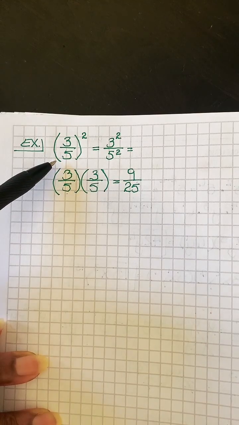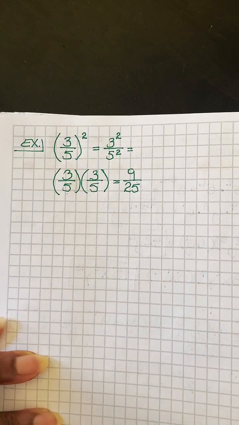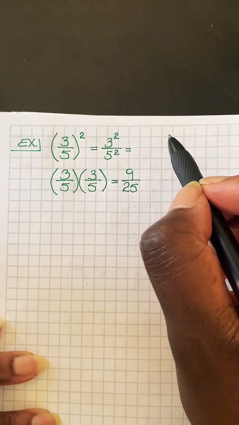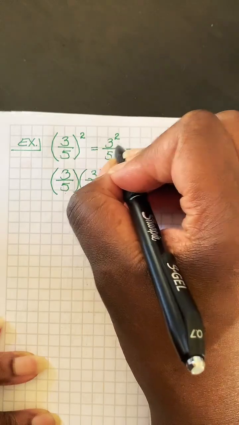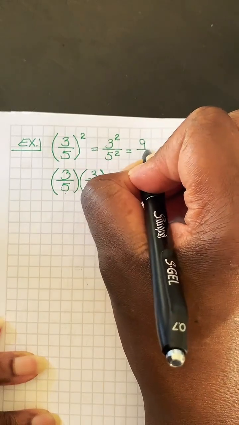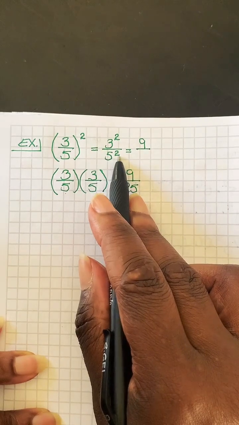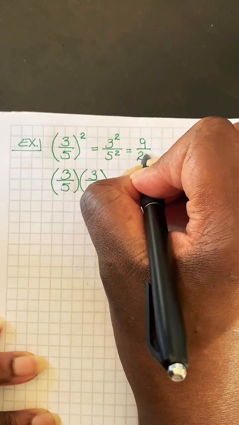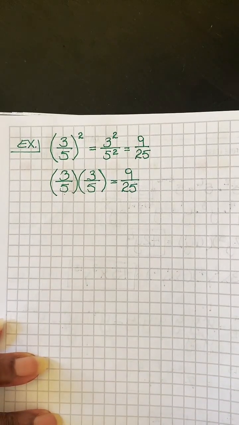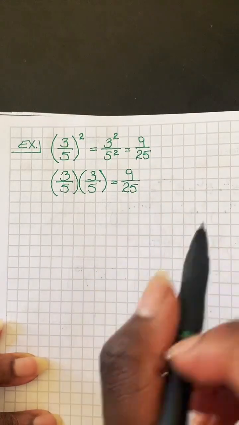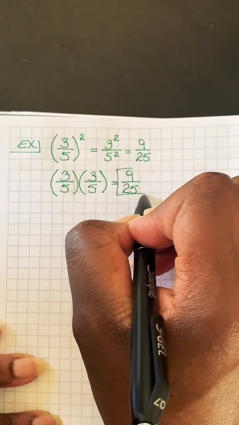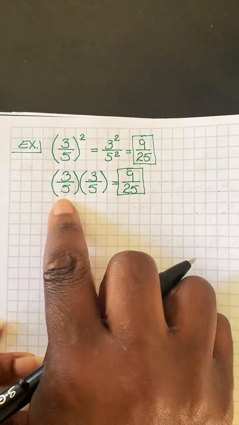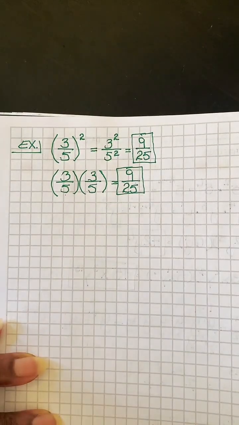So 3 squared, not 3 times 2, 3 squared, 3 times 3 gives me 9. 5 squared is 5 times 5. That gives me 25. So you're getting the same answer,